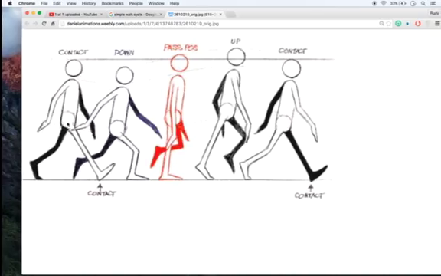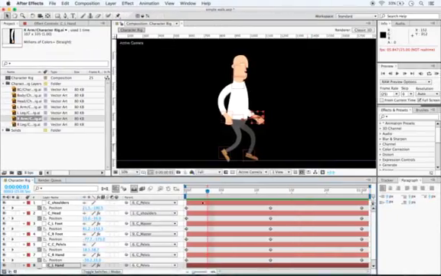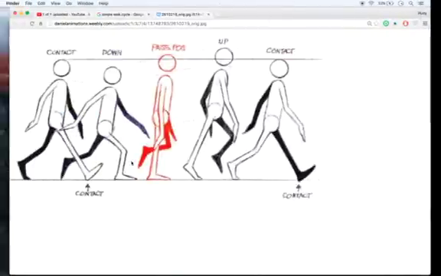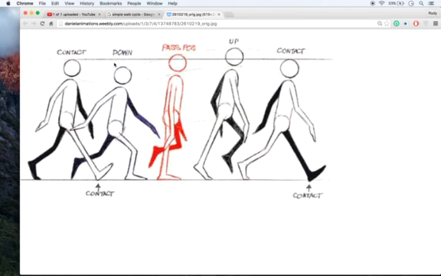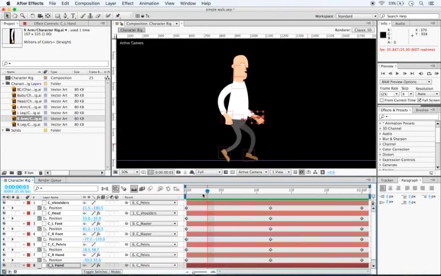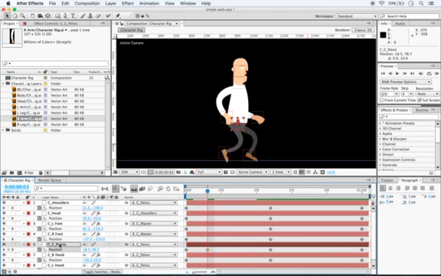Right, so keep going the wrong way. That point there is 0 frames. That one is 3, 6, 9, and 12. So we're going to go over to the third frame and dip down the pelvis. So 3 frames in, we know we're at 3 frames because it says it there. We're going to grab our pelvis layer and move that down a little bit. We're then going to move over to the 6th frame